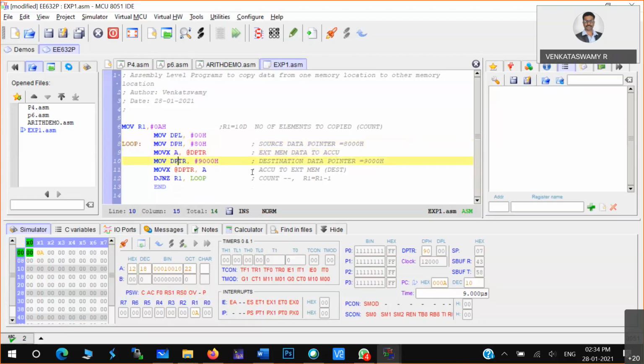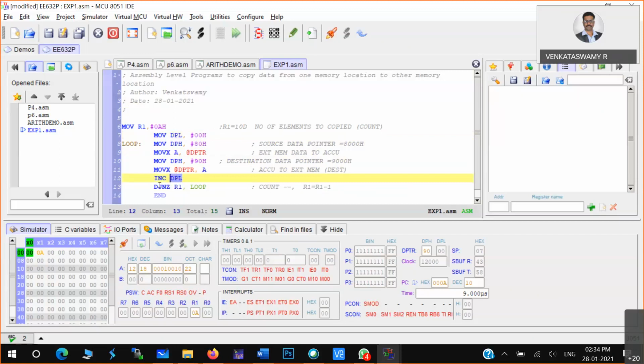So now let me reset this DPH. When you run this program, the first element will copy. The previous program and this program are both the same. Now if I include one simple statement here, after every iteration, increment DPL. Can you see here? This does the trick. Increment DPL means increment that DPL register content by 1. Earlier it was 00, then it becomes 1.